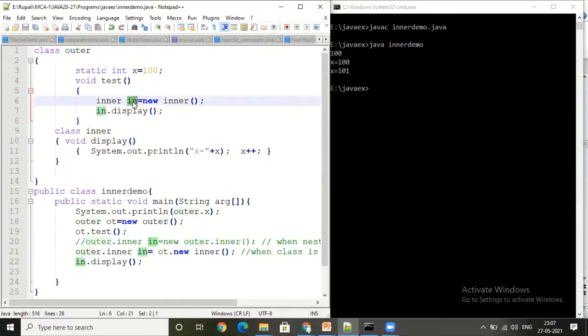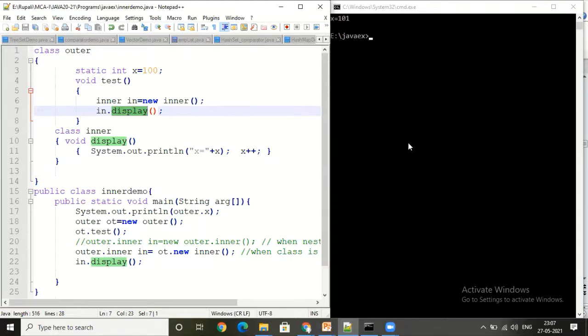But we cannot access the inner class members like the display method directly in the outer class. You have to create the inner class object, and then with that object you can call the inner class method. Now just observe how we have created the object of the outer and the object of the inner. A simple outer class object can be created with the normal new Outer, and you can call the test method. Normal display will be called because inside that you are calling it.